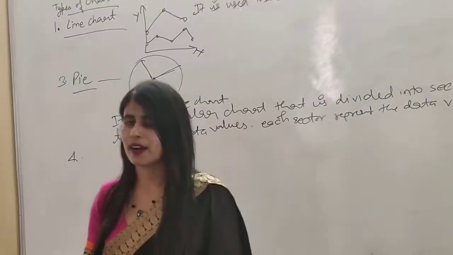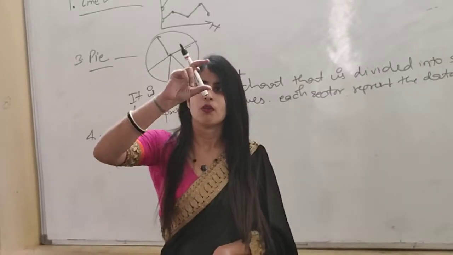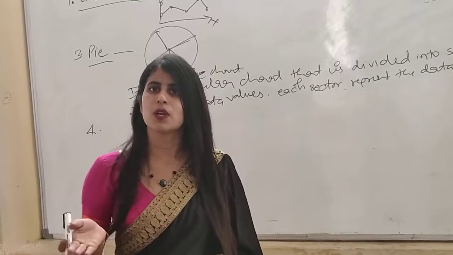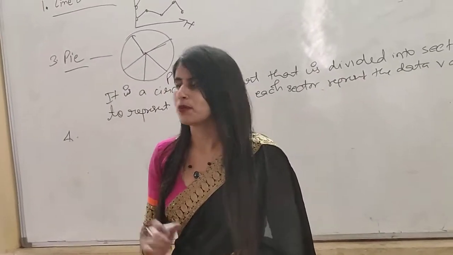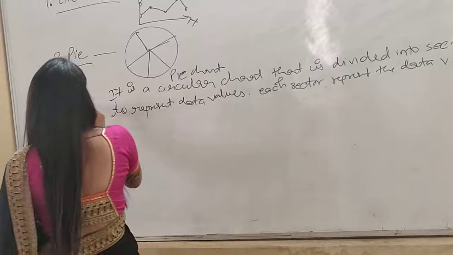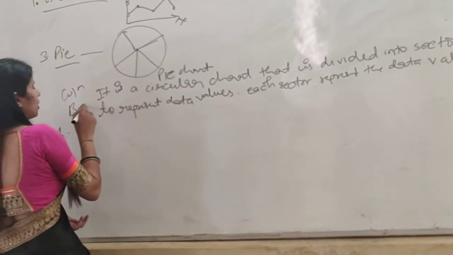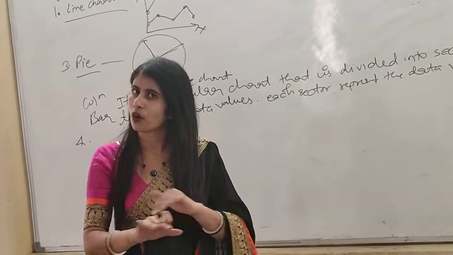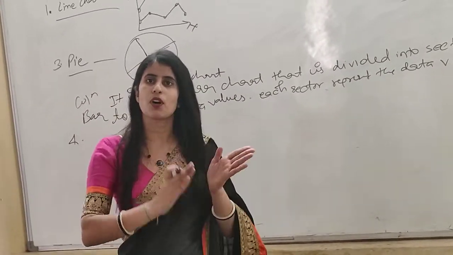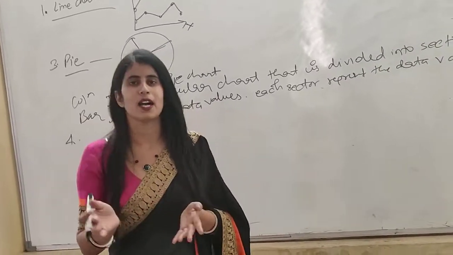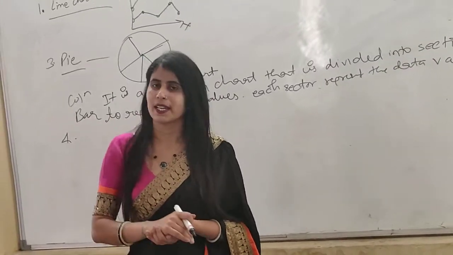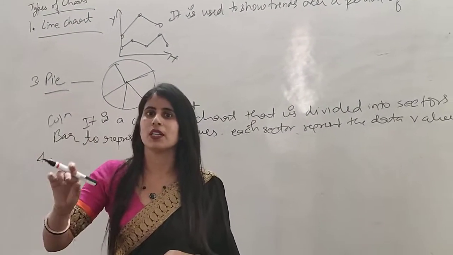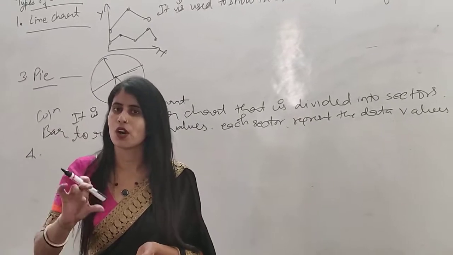These horizontal bars we place on the value axis, you can say the vertical axis. Here, what is the difference between the column chart and the bar chart? In a column chart, we represent the categories on the horizontal axis and values on the vertical axis. But in a bar chart, we represent the categories on the vertical axis and the values on the horizontal axis.